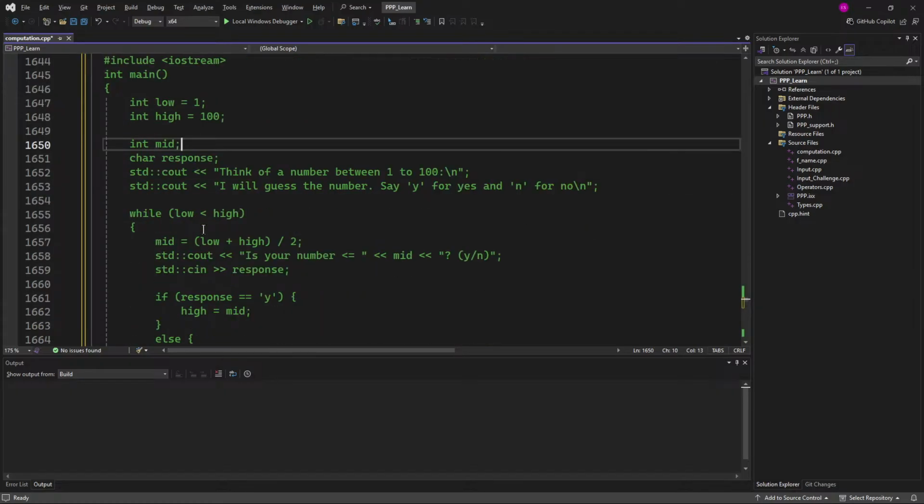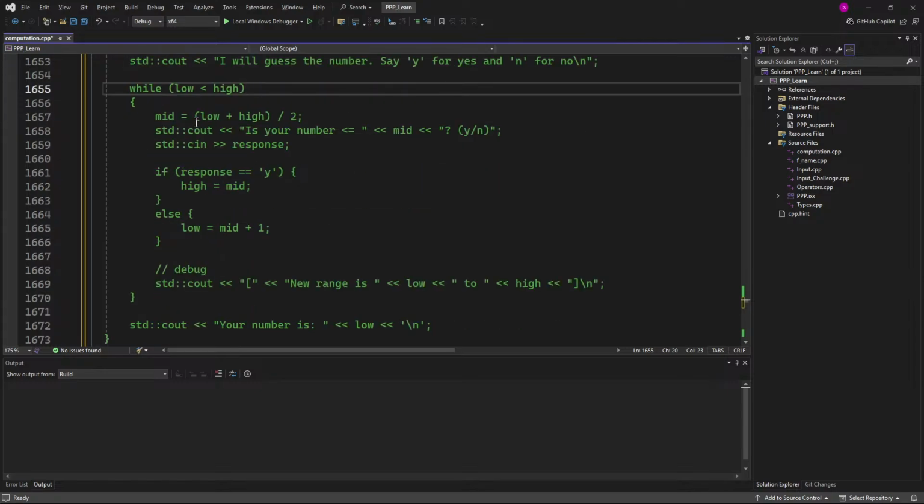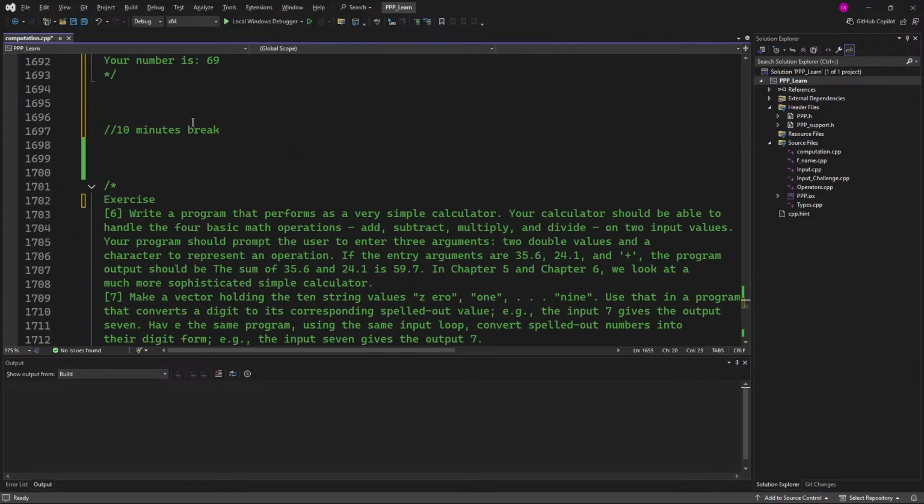So this was mid, low or high. Low is smaller than high. Okay, low plus high is divided by 2, like 100 plus 1 divided by 2. So next question is,